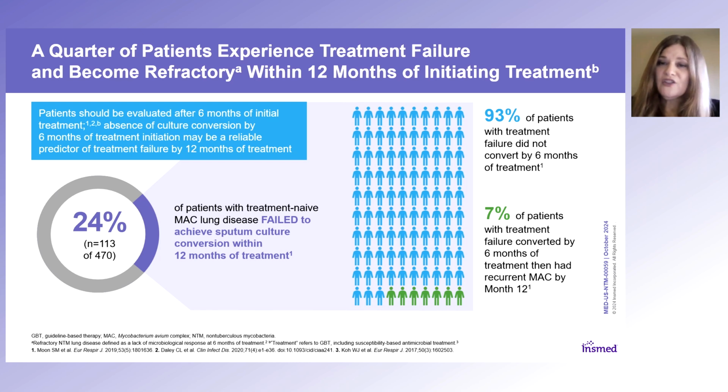MAC lung disease can be challenging to treat, and data show that 24% of patients with treatment-naive disease failed to achieve sputum culture conversion within 12 months of treatment. In this study by Moon, 93% of patients with treatment failure did not convert by month 6 of treatment, and 7% of patients with treatment failure had converted by month 6 of treatment, but then had recurrence of MAC by month 12. It is suggested that patients be evaluated after 6 months of initial treatment because if they have not culture converted by then, it may be a reliable predictor of treatment failure at 12 months of